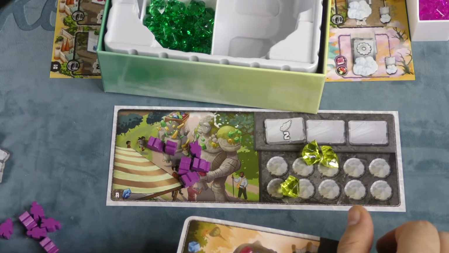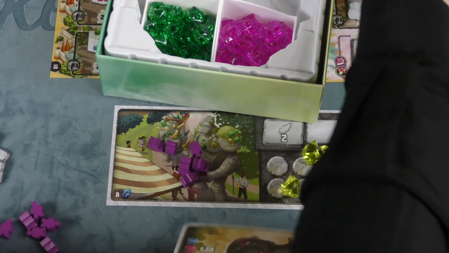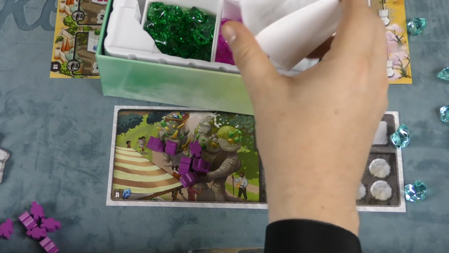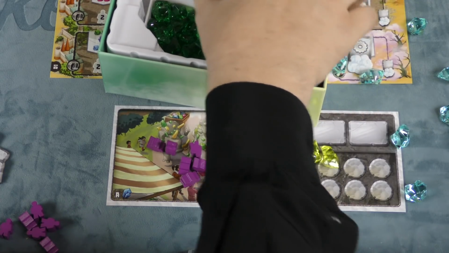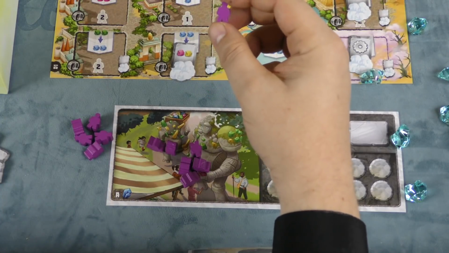These trays, I like these trays for the most part, but they are a little difficult sometimes to pull things out of. And interestingly enough, they have this plastic insert in the blue and pink, so they look as full as the rest. Now, if you played the other version of this game, Century,